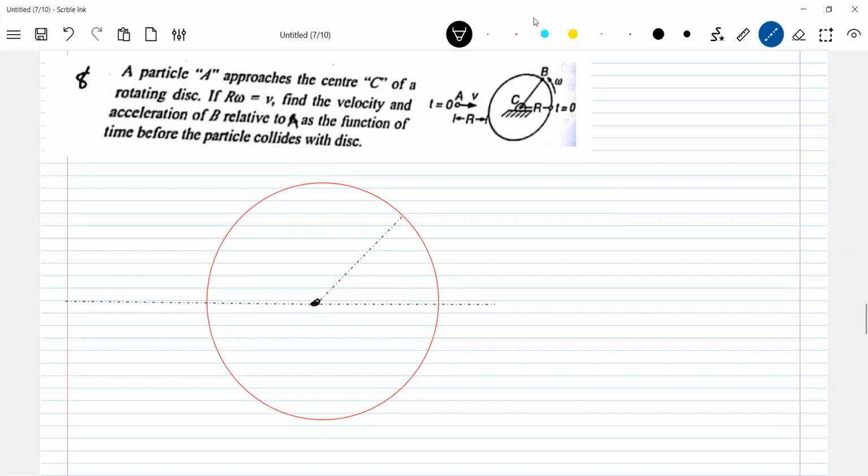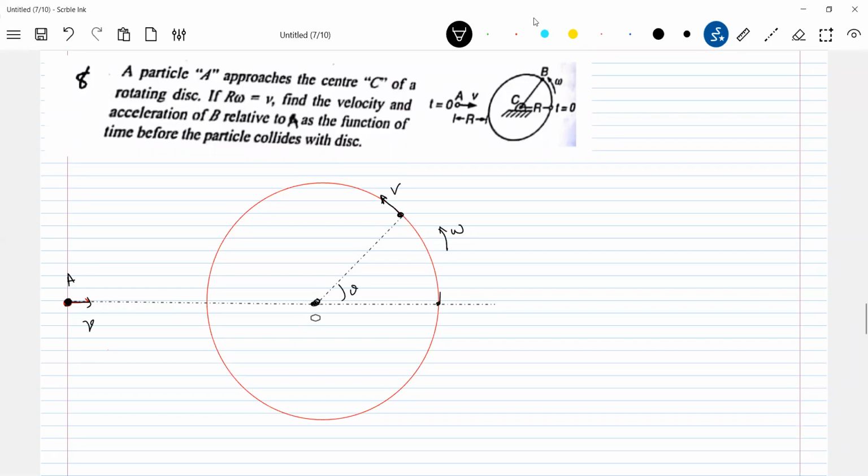See this one. This is a particle A. It is moving with a velocity V. And the other particle is also moving in circle. It is moving in circular path with the same tangential velocity V only, and it's having angular velocity omega. Okay, according to the diagram is given like this. Center. Take it this theta. At t equals 0, particle is here.